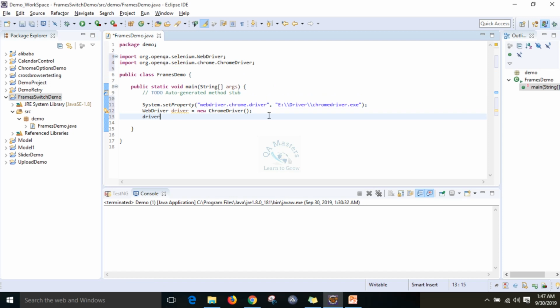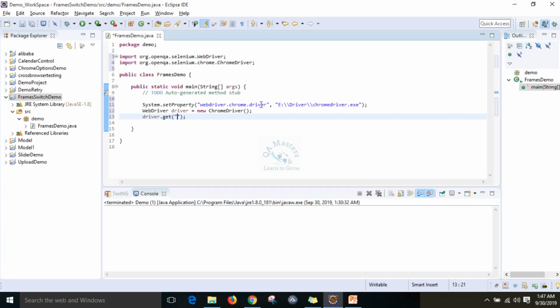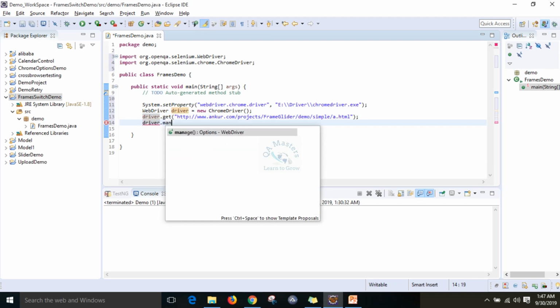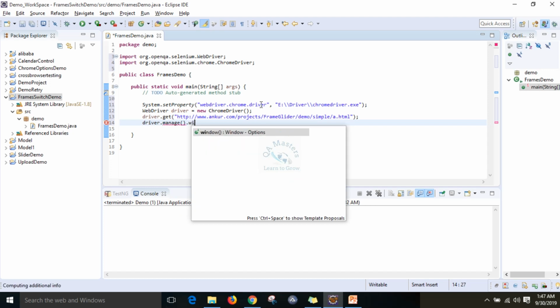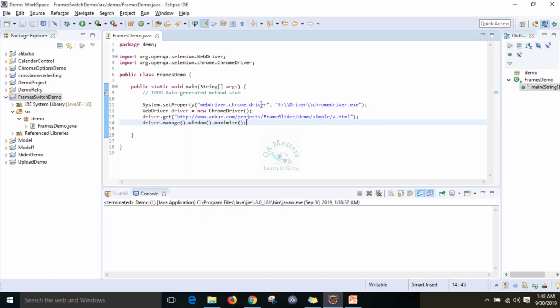So here driver dot get, and you need to give the link of the web page. So this is done now. Now if you want to maximize, driver dot manage dot window dot maximize, okay, so that maximize is also done. So now I want to write one method here,